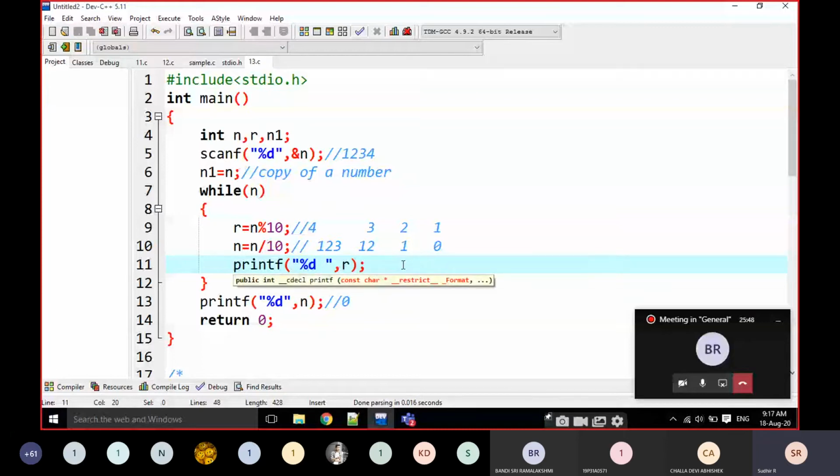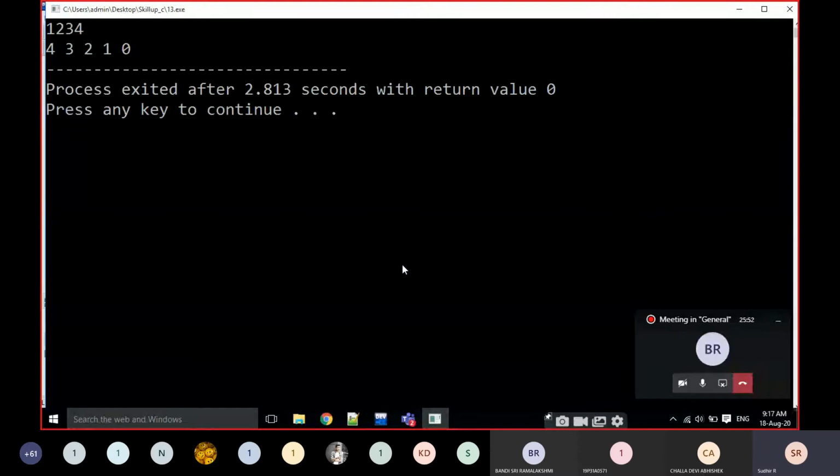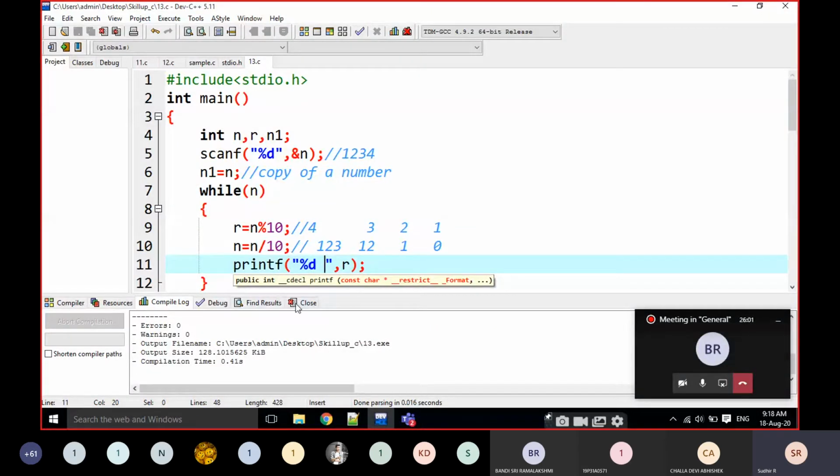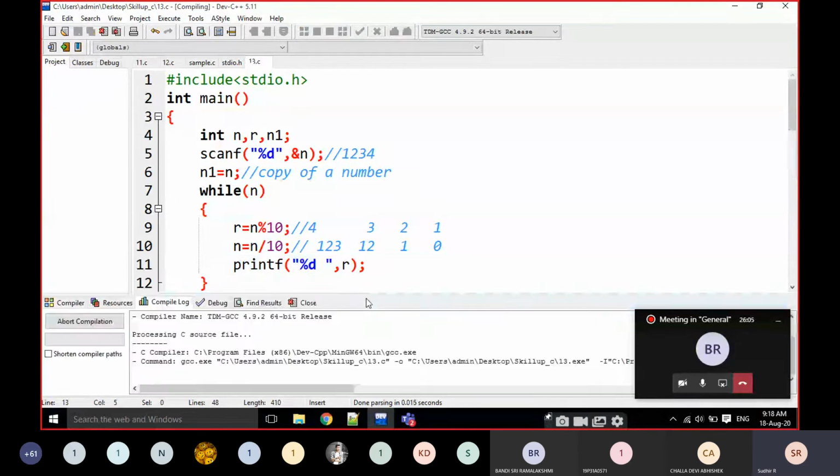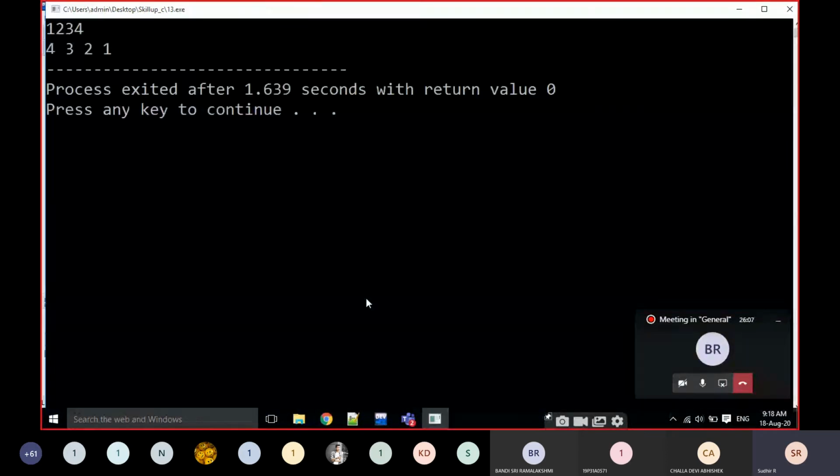Look at here. If I execute it, what is the r value? The r value is 4 3 2 1 and 0. Okay, there is no 0 here. Why? Because this is 0. If I execute it, it is going to be 4 3 2 1.